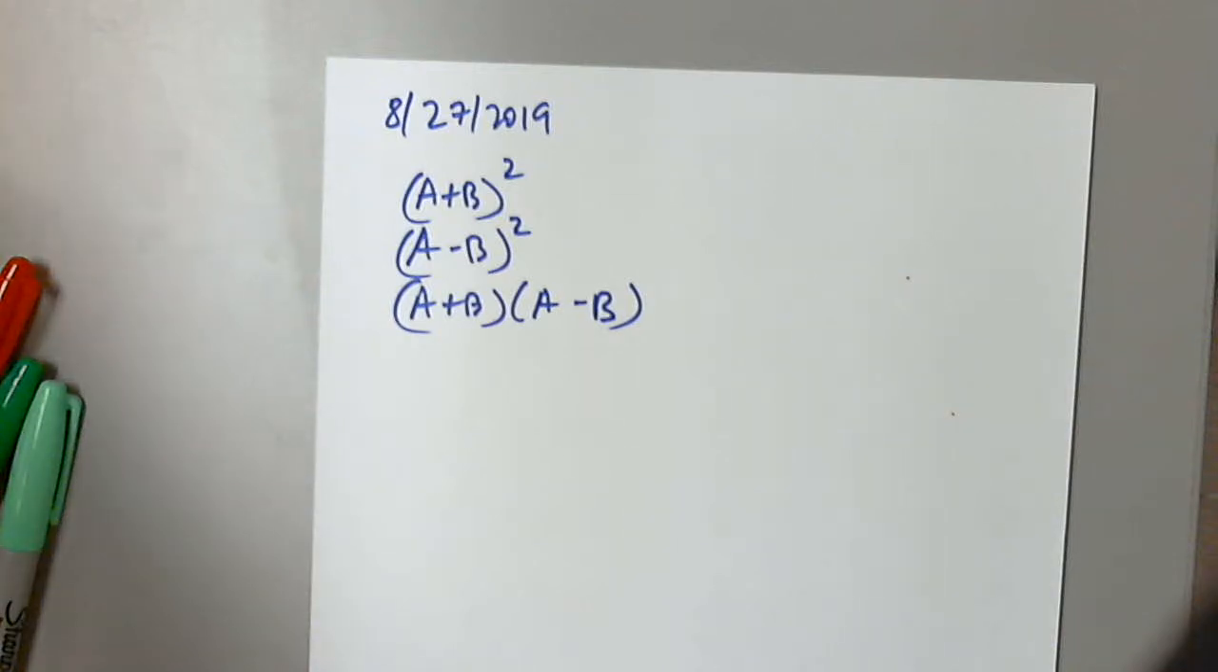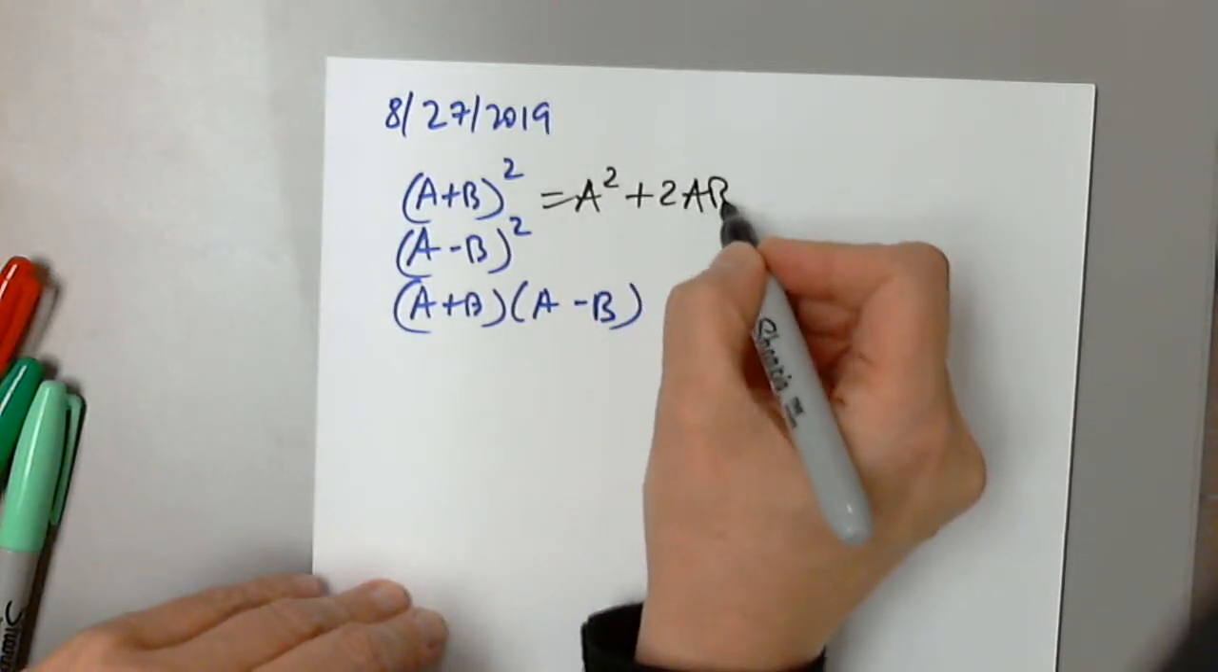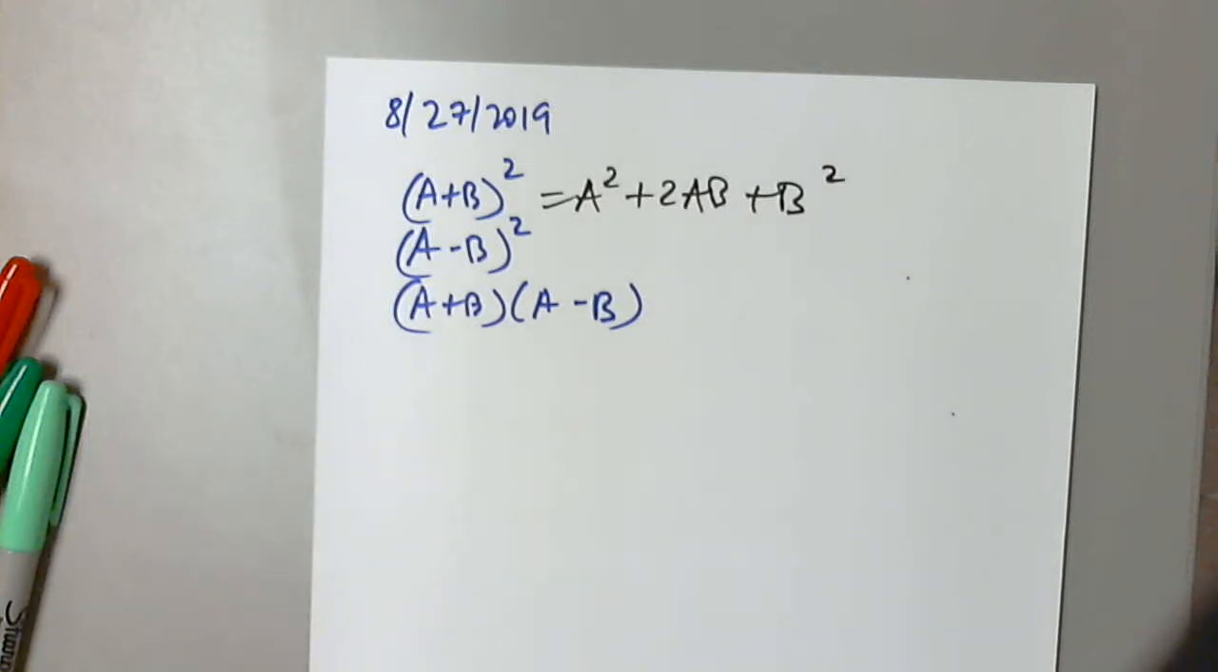A squared plus AB plus B squared. Go ahead. A squared plus 2AB plus... You said a squared plus 2AB. This is one of the special products, and